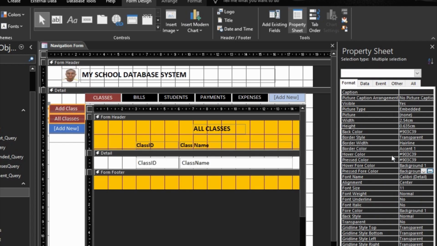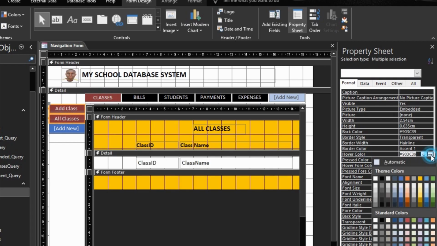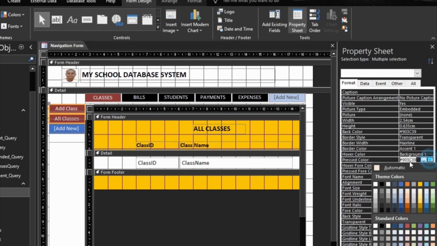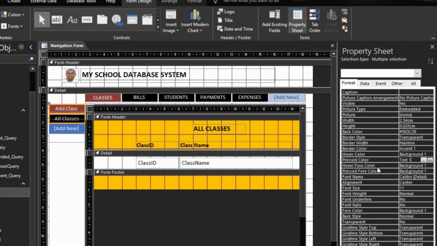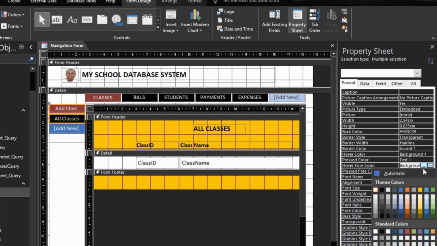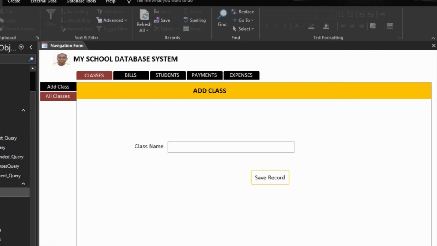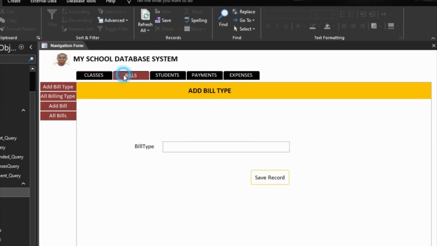Then the classes. This one we are repeating the same thing. Hover, background should be white. Press, background should be black. Now hover, text should be black. Press, text should be white. Yes. So let's go. You seen? Yes. So when we come to the bills